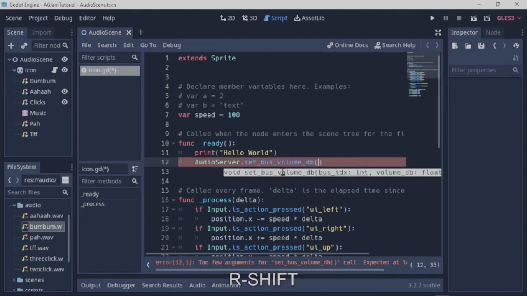And then in brackets, and I've just opened the brackets here, and Godot's help here is telling me that it wants a bus index, which is an integer, and it wants a volume in decibels, which is a float. An integer is a whole number, a float is a decimal. Got caught between decibel and decimal there. Okay, so the bus index is just the number of the bus from left to right. So at the left, you've got your master bus, which is 0, 1, 2. So in our case, our music bus is